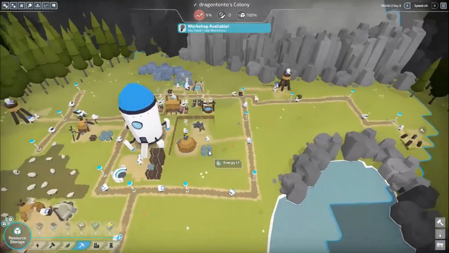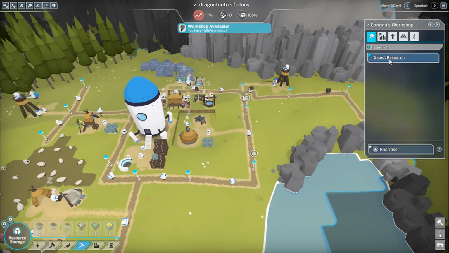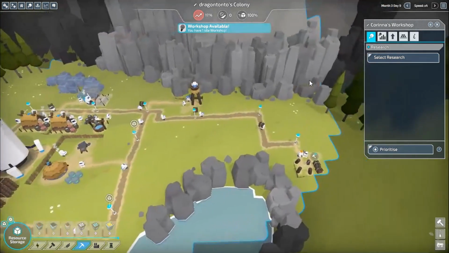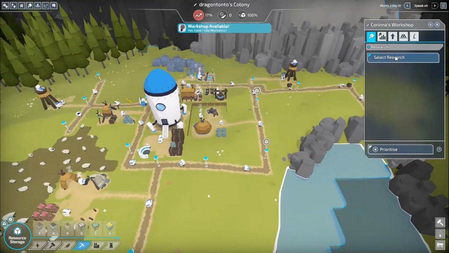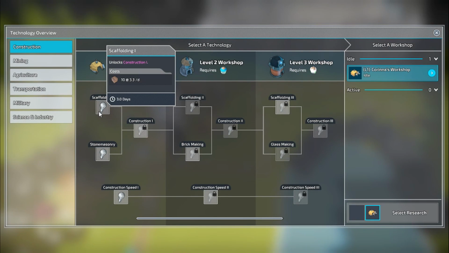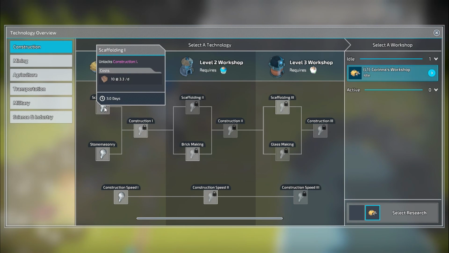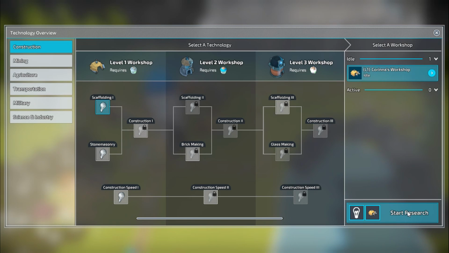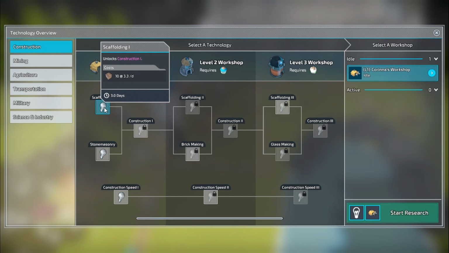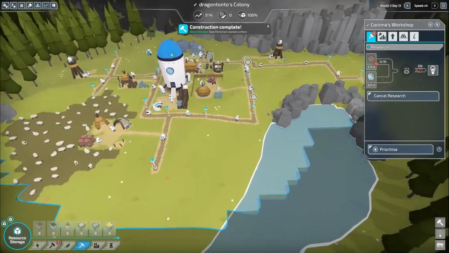So here's our workshop. Our workshop is our research place where we research and unlock new technologies. Now, in order to get iron, we need to do some research. So click on the workshop, select research. Now I already know which one we need. We need to get to construction 1 to get our shaft mines. So we will research scaffolding, but we can't do that because we need planks. As you can see there in the tab, it says wooden planks. So get it started, but we need